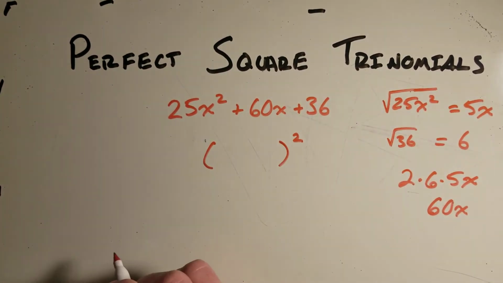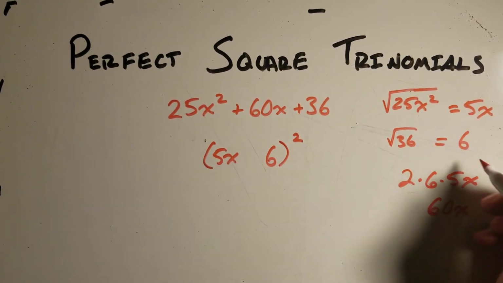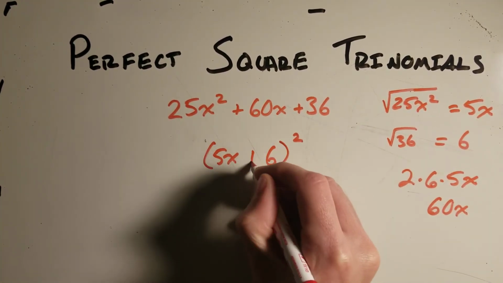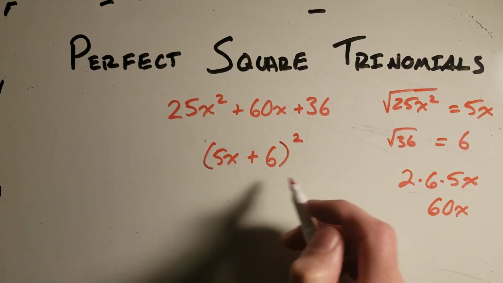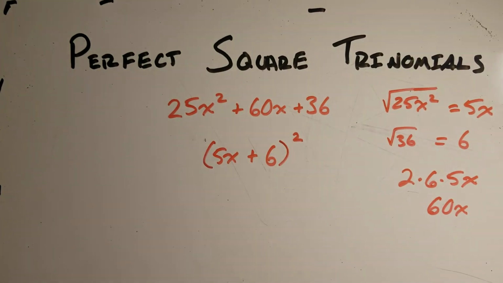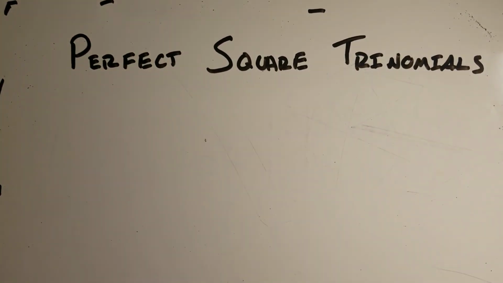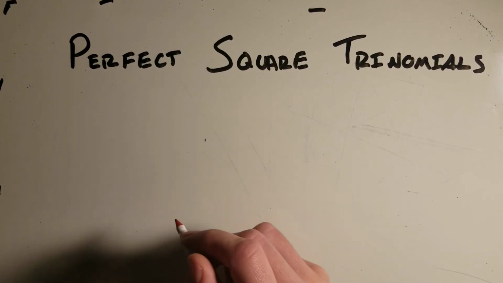So it's going to be a binomial squared. You're going to take your a, which is 5x, your b, which is 6. You're adding here, so you're going to have 5x plus 6, that whole binomial squared. And just like that, we factored. Tomorrow we'll really talk about how we can use this when solving an equation. On our second one,